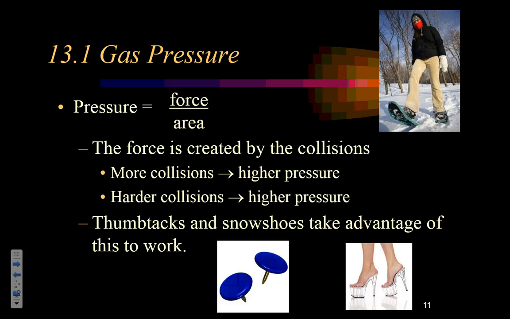On the flip side, thumbtacks, we want them to exert a great deal of pressure so we can push right into an object. So the object is holding onto itself and held together by strong forces. But if we push hard enough, we can break through those forces. And that's why we have a very fat end. So the same force over a large area gives us a low pressure, but on the other end, a very sharp pointed end. So once again, the same force concentrated into a very tiny area means a very high pressure. So when you're pushing a thumbtack against the wall, the pressure that the thumbtack is pushing against your thumb is not the same pressure that it's pushing against the wall. It's the same force, but not the same pressure because of the area difference between the two.